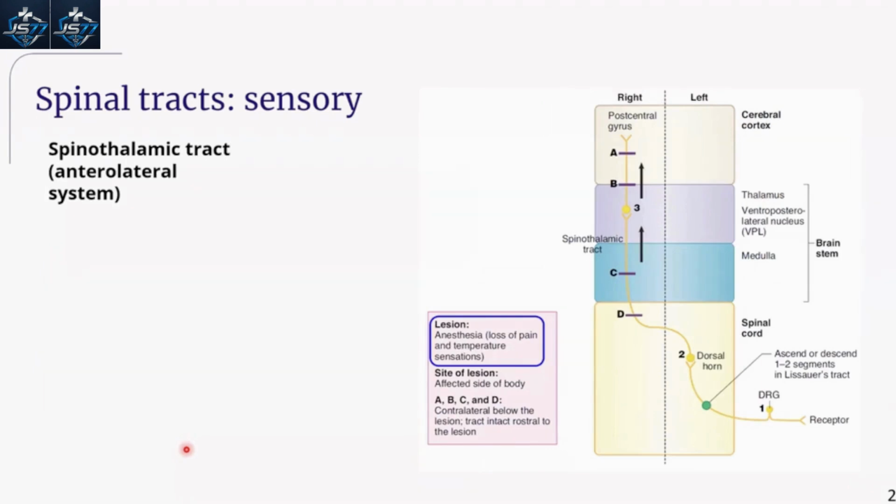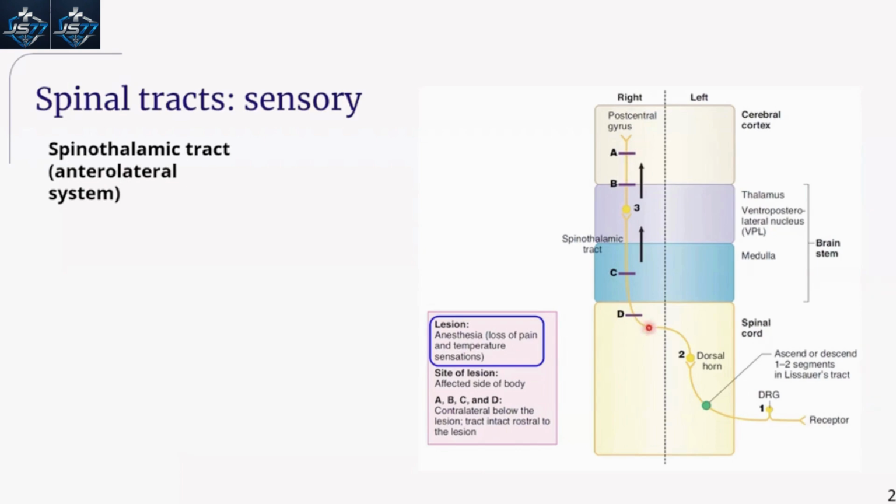And here it is, spinothalamic tract. What a nice segue. So this is the spinothalamic. Again, we see three neurons over here. However, the very, very significant difference is that it decussates immediately. As soon as it goes into the spinal cord, it decussates, and then it starts climbing up or ascending towards